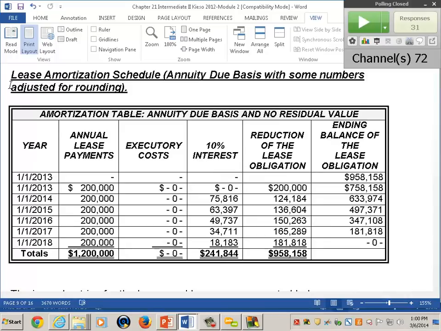Because your next payment, when that next payment comes in on January 1, on January 1 of the next period,